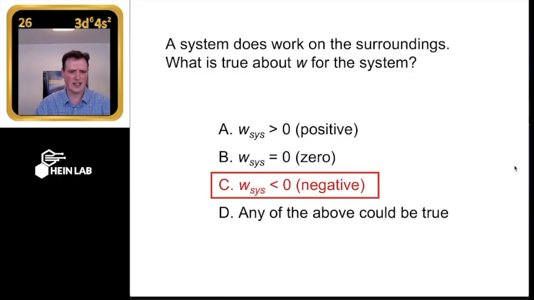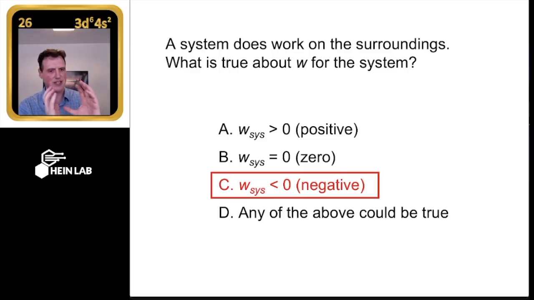The other thing I want to highlight here is, what does this little thing mean here? W sys. What are we saying when we've got a variable that you've seen before, and then sys below it? Yeah, W is your work. Remember, we've got W, and what's heat? What's the letter we use for describing heat again? Q, that's right. What's energy? Total energy? We have two letters we talk about that. Total energy in the system can be, yeah, U or E, right. So these are the values you should be triggering in now for thermal. This little subscript sys is saying it is the work associated with the system.